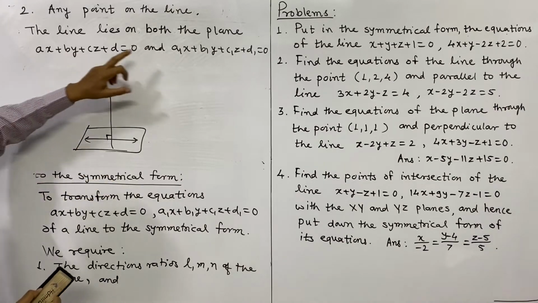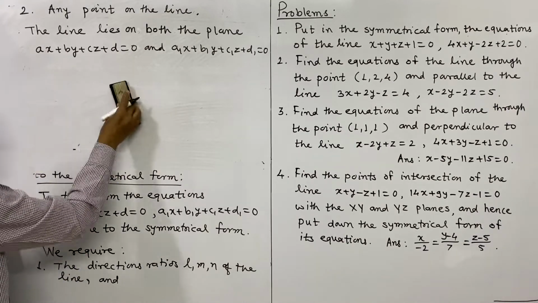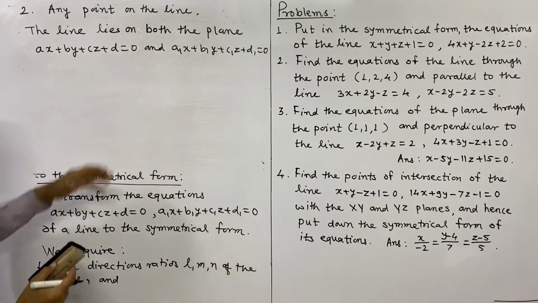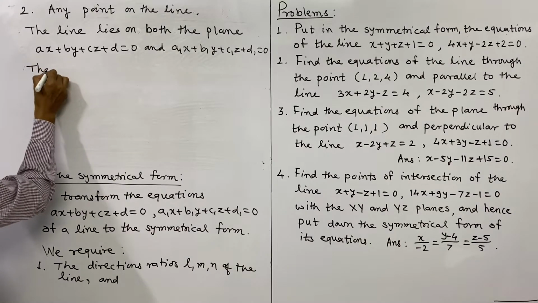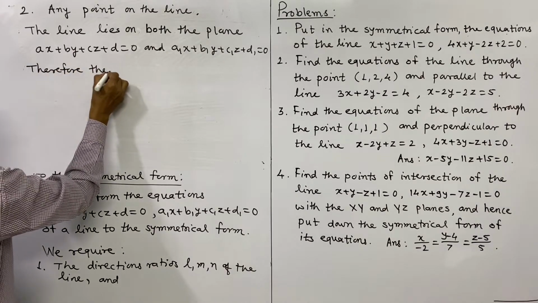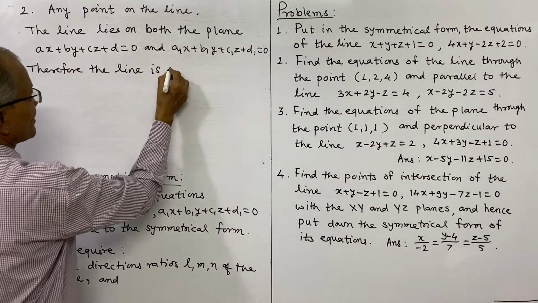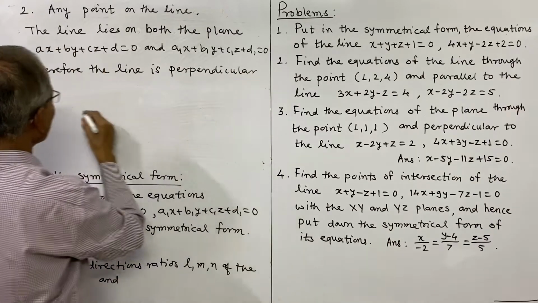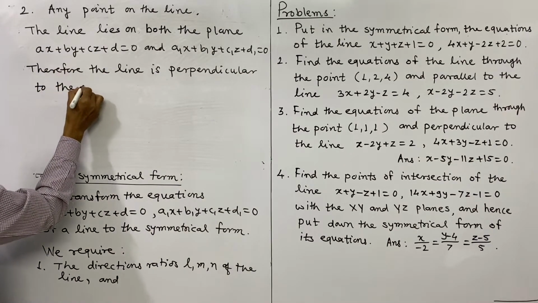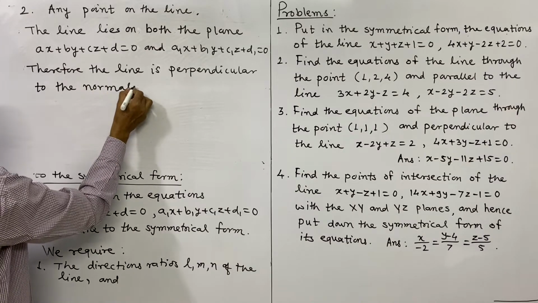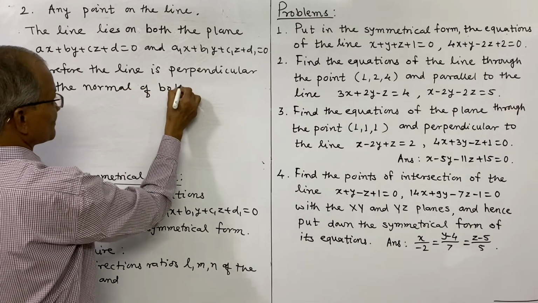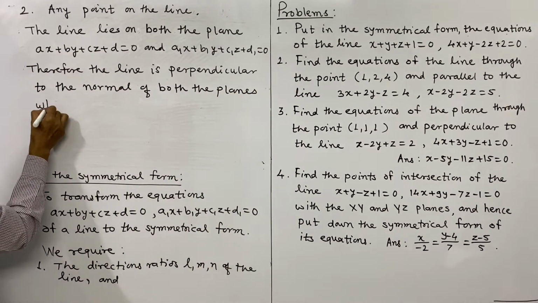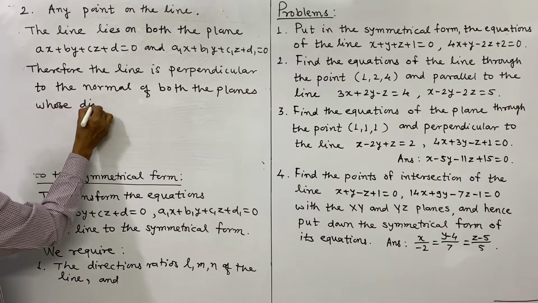This happens for both the planes, and therefore the line is perpendicular to the normals of both the planes, whose direction ratios are